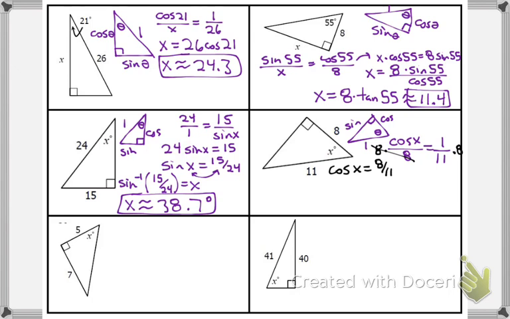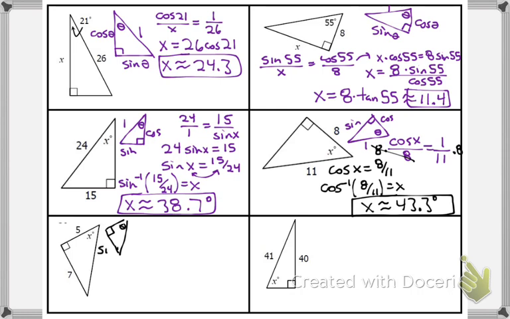I'm looking for what value of x would give me 8 over 11 for cosine. So we're going to do the inverse. So we go cosine inverse of 8 over 11 equals x. This goes in the calculator, and I get that x is about 43.3 degrees. Now, if you haven't noticed yet, you will only use the inverse function when you are solving for an angle. You will use the regular sine, cosine, tangent when you're solving for a side. Next problem,